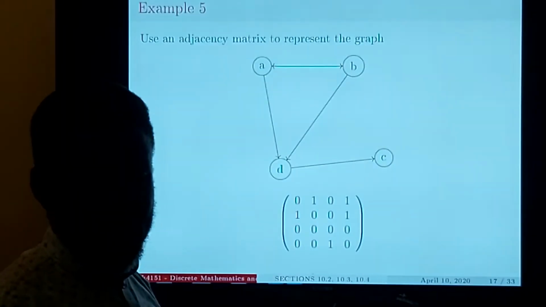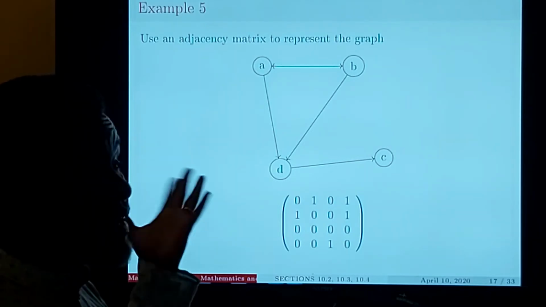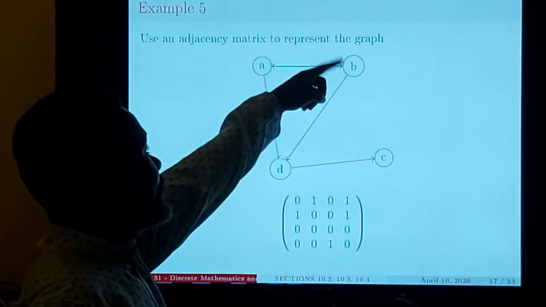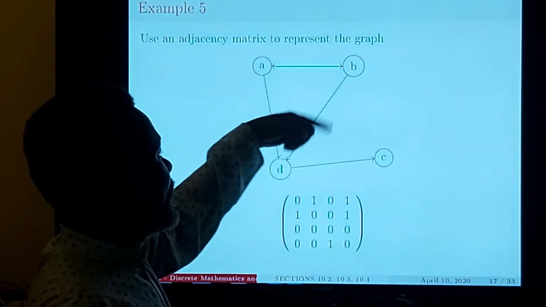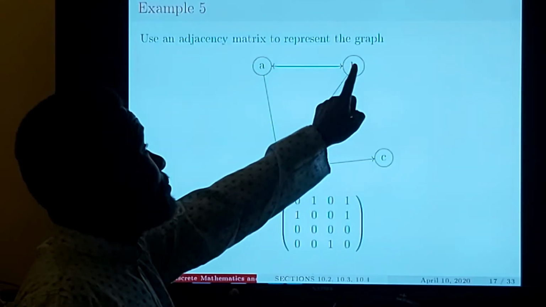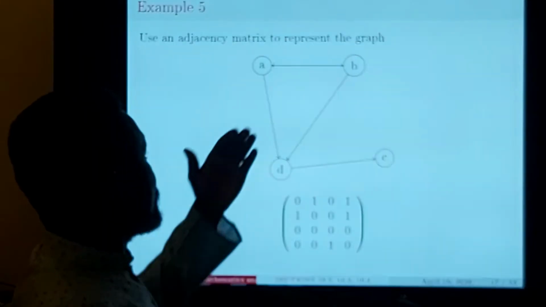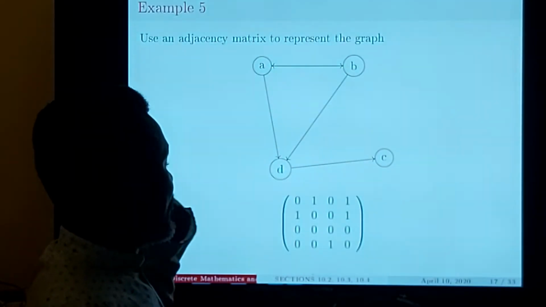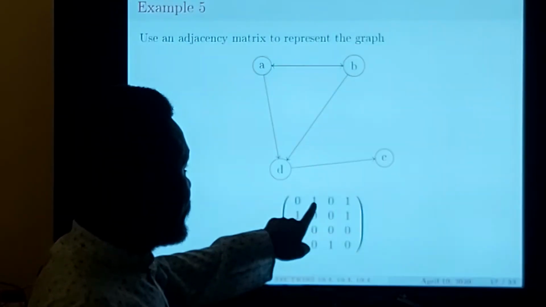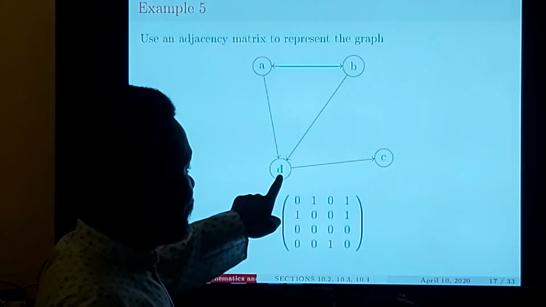Okay, example number 5. This is a nice example for still the same thing, adjacency matrices, but for a directed graph. Ladies and gentlemen, forgive me because I didn't put a multi-edge. I just wrote that this is bidirectional, so there's an arrow connecting A to B, and an edge connecting B to A. And then the others are, well, this is a digraph. So the matrix representing this will be this one. Check. A to A is 0. A to B is 1. A to C is 0. A to D is 1.